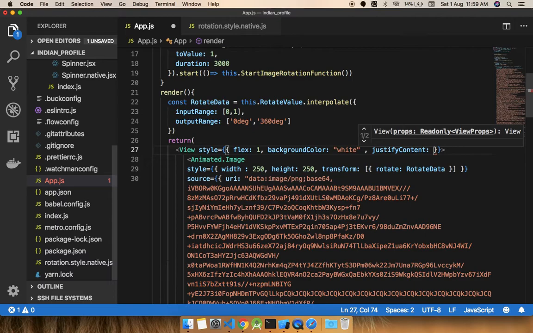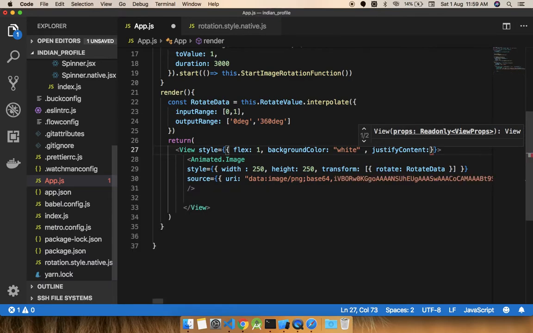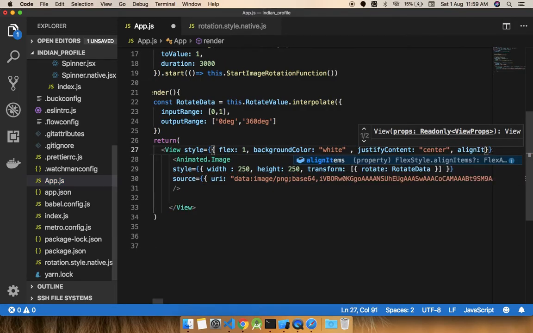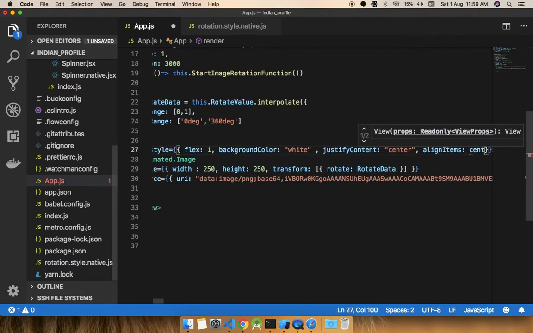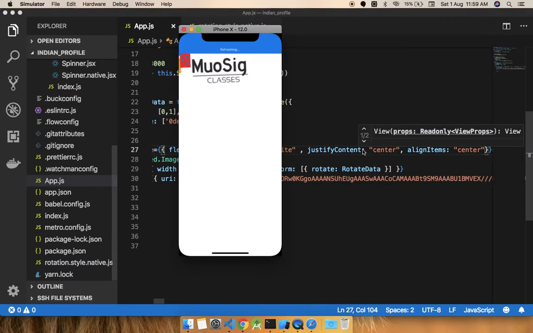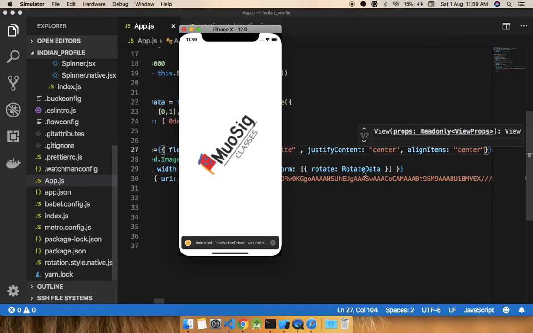Center, and align items should be center. Perfect. Now this is in the center, right?